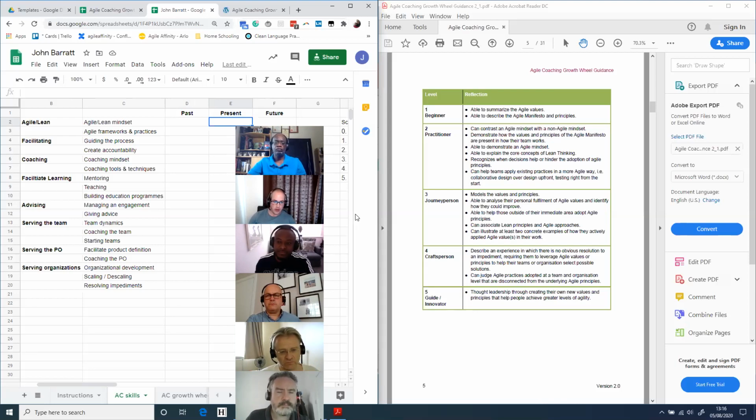So one of the things we encourage, after you've filled it in on your own, is getting a peer to have a coaching session around what you've put down, which will include some challenge around some of those areas. Some people are quite generous on themselves, others are really quite tough on themselves. And what we found is that that can just even things out a little bit.